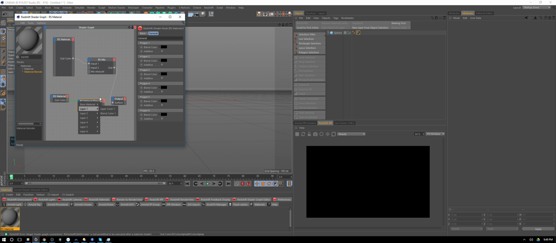Can you pipe in alpha image? Yeah, I mean, you don't even have to, the one with hecka inputs. Okay, the material blender. All right, yeah. So